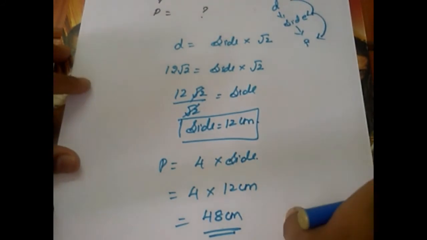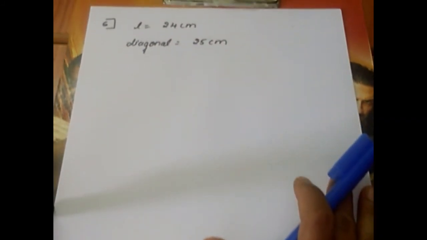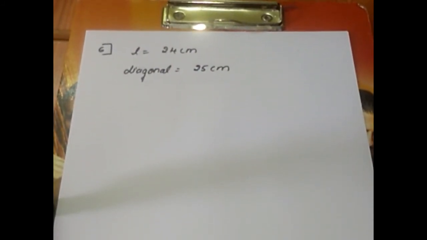Next, question number 5. It can be excluded, children. Why? Because length is given in meter and breadth is given in decimeter. So when the given measures of length and breadth are of different units, we need to go for conversion. So such topics are excluded. So we are going to skip question number 5 and let's move on to question number 6.